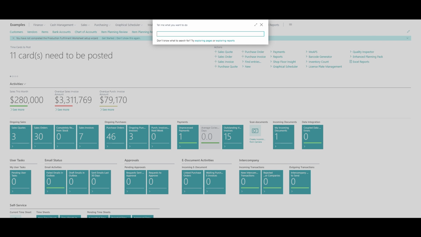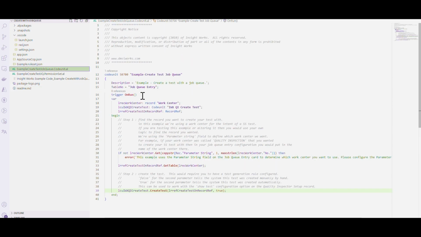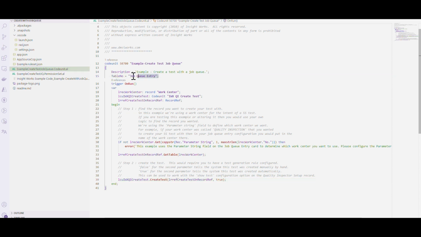So let's review the code involved. It's really straightforward. In our code, all we need is a codeunit that's just referencing the job queue entry. This is the standard pattern for any codeunit that you're running inside of the job queue. In it, we're going to grab your work center, and we're going to use the parameter string on the job queue entry to define which specific work center we want to use. We're going to get a record reference from it, and then we're simply going to use the create test that's part of this create test codeunit. And that's it. So we're going to publish that